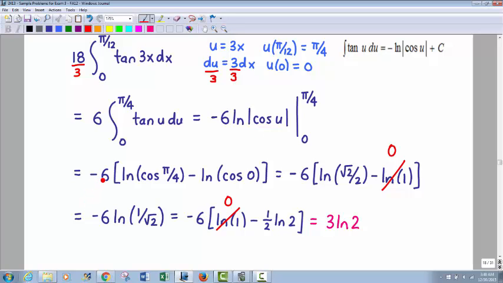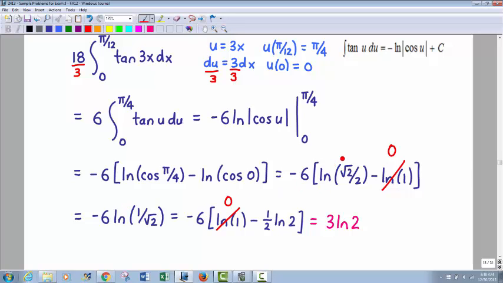So I just left the negative 6 out here. Natural log of cosine of pi over 4 minus natural log of cos of 0. That gives you cosine of pi over 4 is the square root of 2 over 2. Cosine of 0 is 1, and the ln of 1 happens to be 0. So we end up with negative 6. Now,